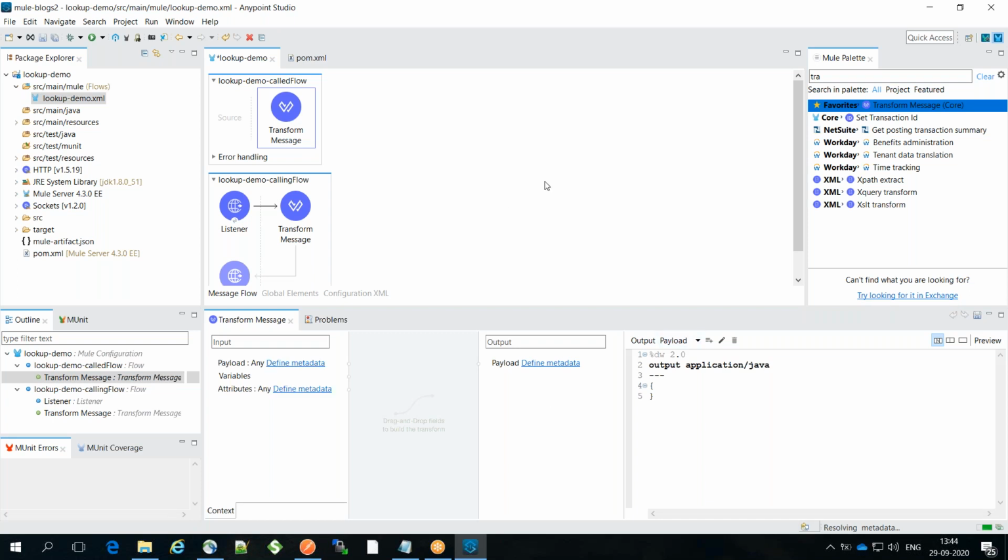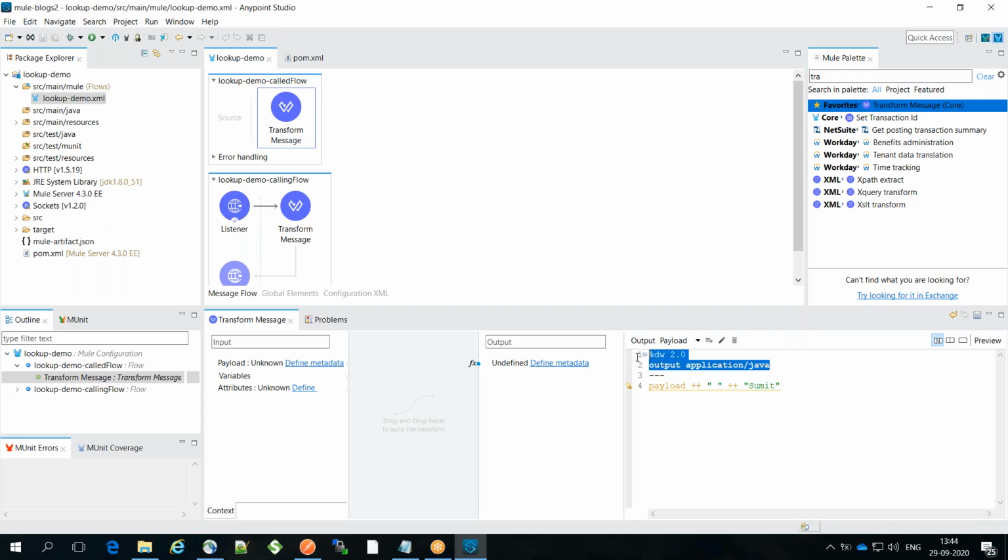And when it comes over here, what would be the value of the payload? The value of the payload is the one passed as a second parameter in the lookup function, which happens to be hi over here, right? So what I do, I'll just keep it simple. I would say the final output has to be payload plus plus. Plus plus is used for concatenation. Okay. So hi plus plus. I'm giving one space plus plus. So okay, you can do whatever you want.